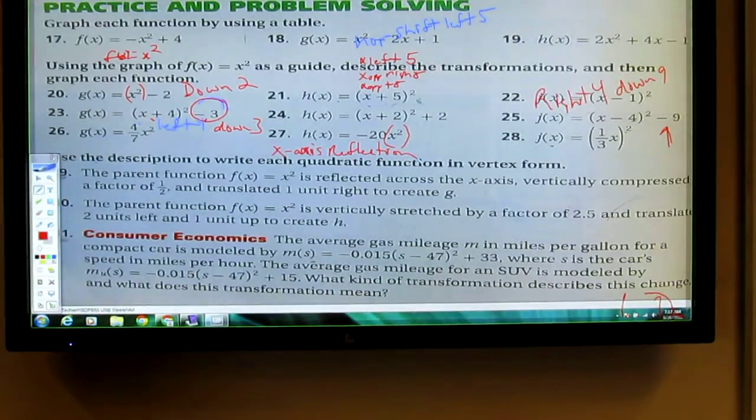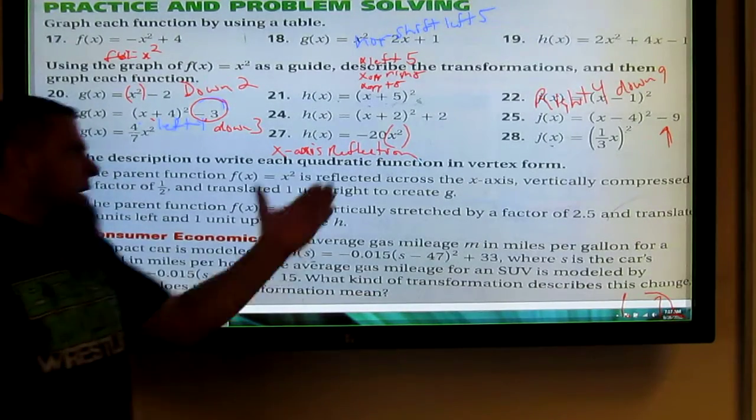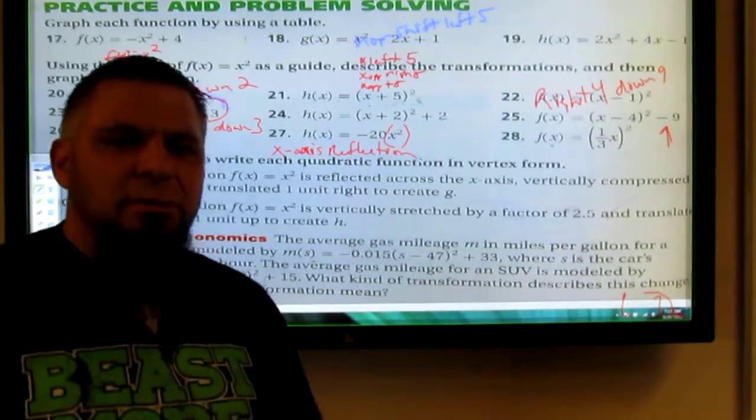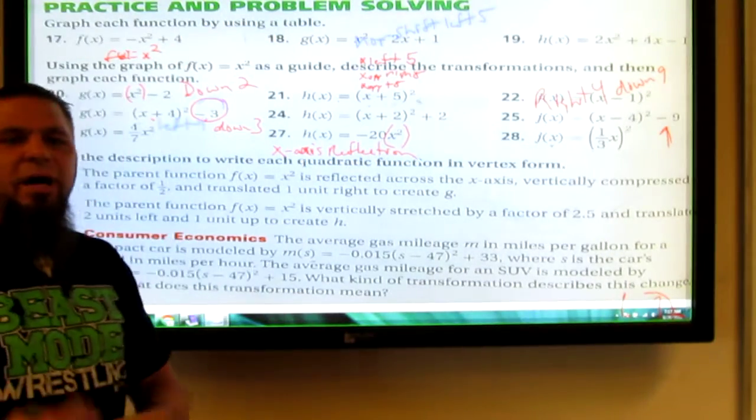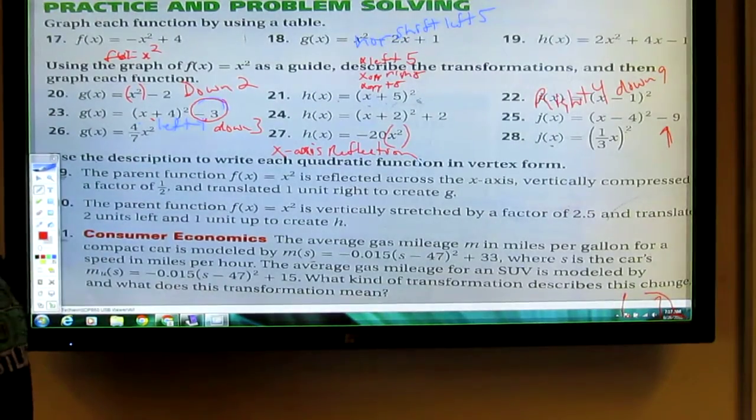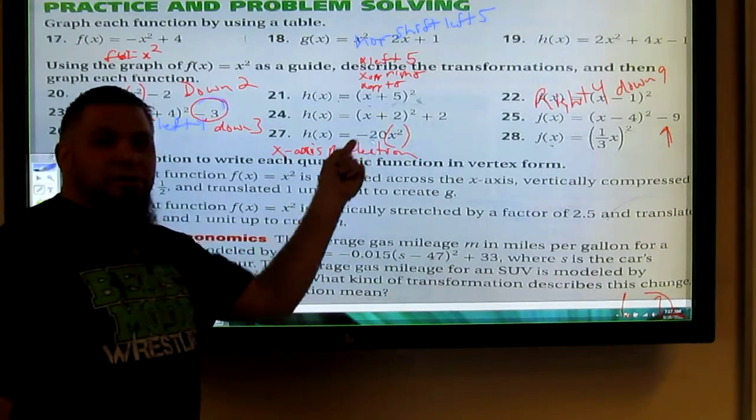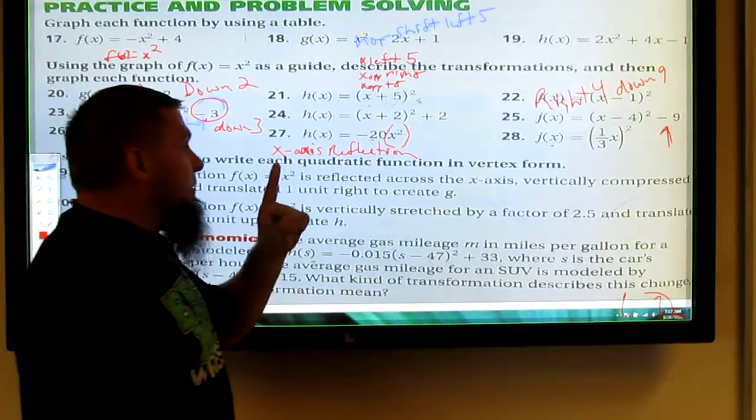Okay? Since it's outside the box, is it vertical or horizontal? Vertical. Vertical what? Stretch. Why stretch? Because it's bigger than 1, right? If it were less than 1,